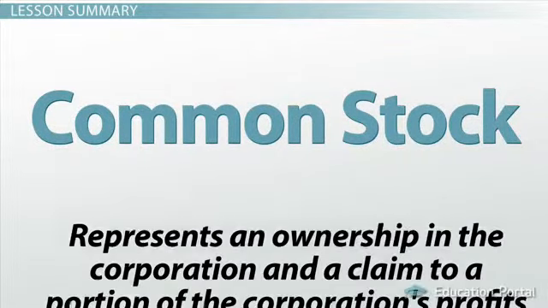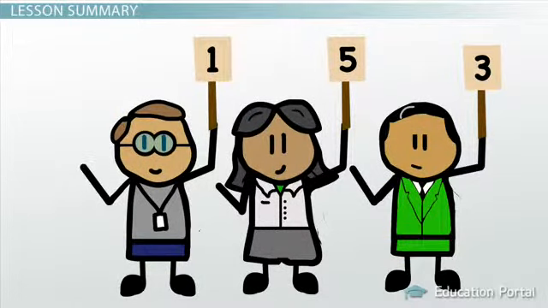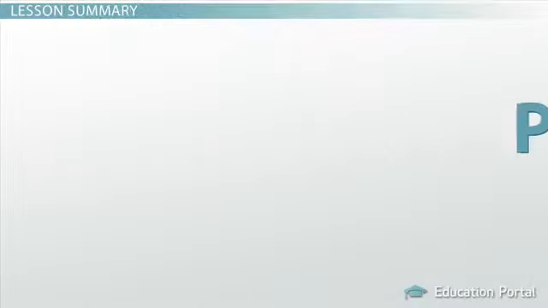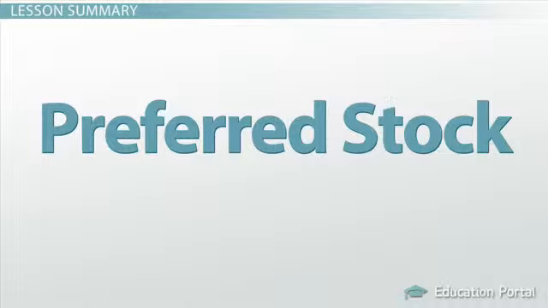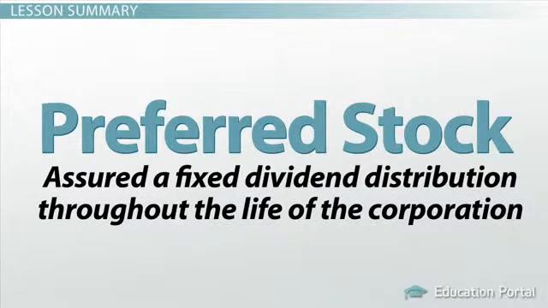This stock simply represents an ownership in the corporation and a claim to a portion of the corporation's profits. These shareholders typically receive one vote per share at annual meetings and sometimes have preemptive rights regarding new stock offerings. However, common shareholders have no right to corporate assets until after creditors and preferred shareholders are paid. The second type is preferred stock, which also represents a shareholder's ownership in a corporation. These shareholders are normally assured a fixed dividend distribution throughout the life of the corporation, but the dividend distribution is